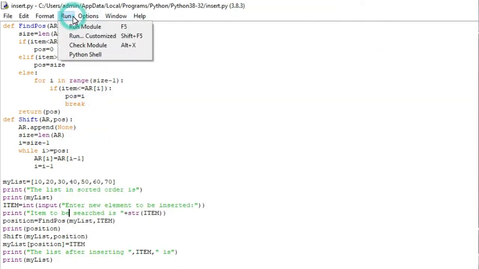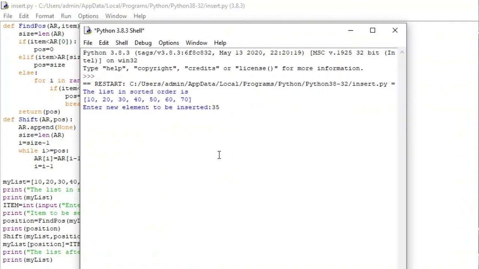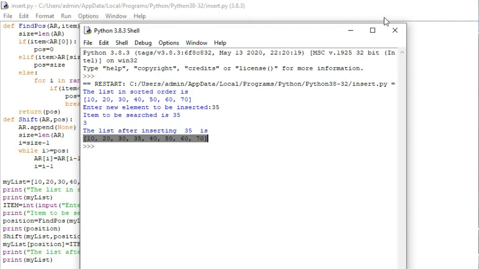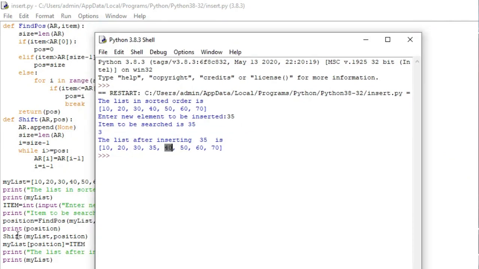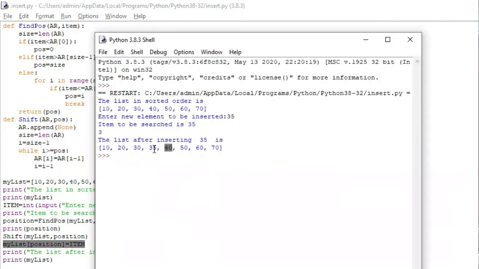And if I want to insert an element in between, let's say 35, then it will insert this element in between. So do remember, when we are using this shift, at that time it will keep here 40 and here also 40, and when this line will be executed, that is my list position is equal to item, then it will replace this 40 with 35.